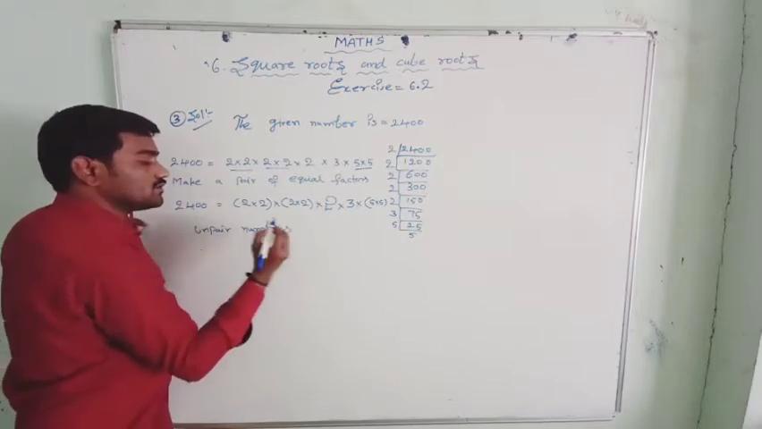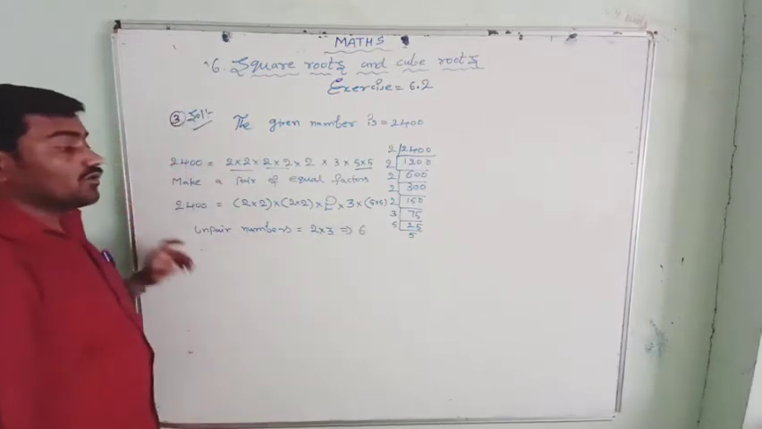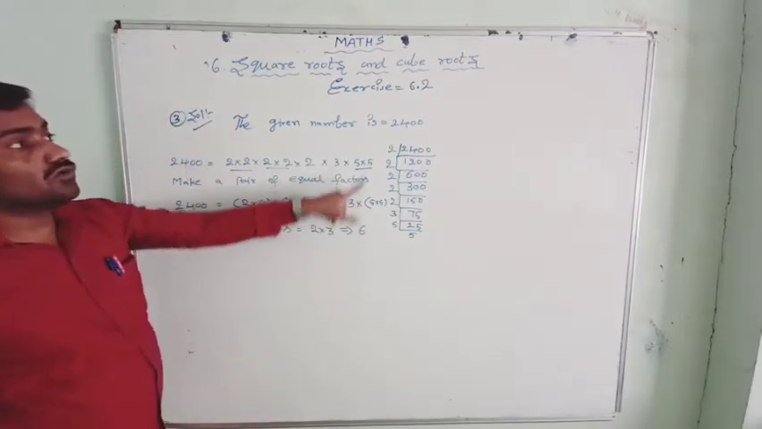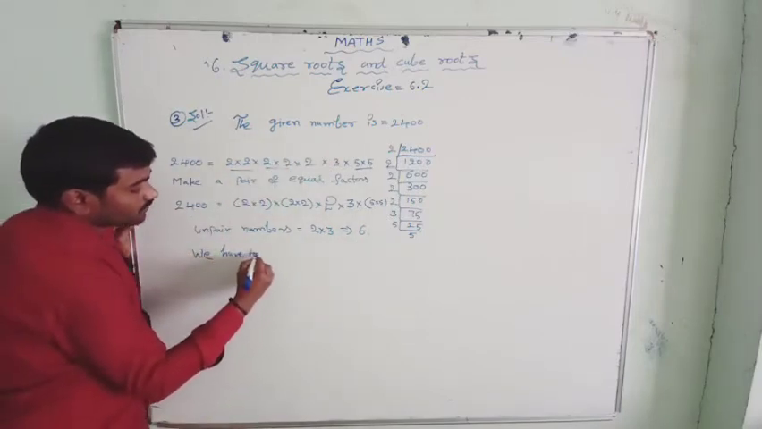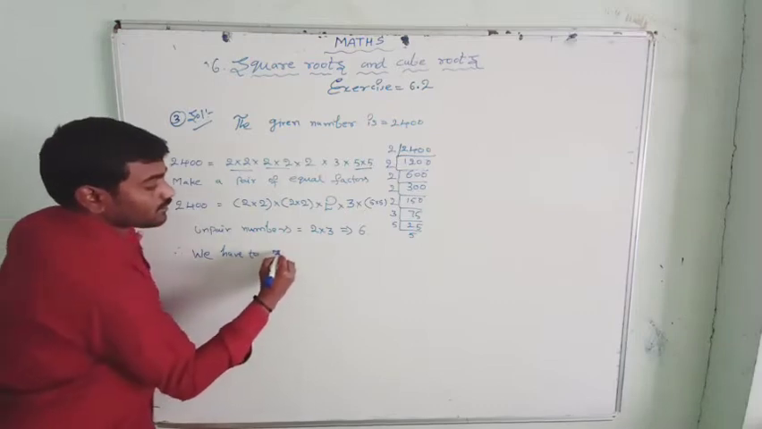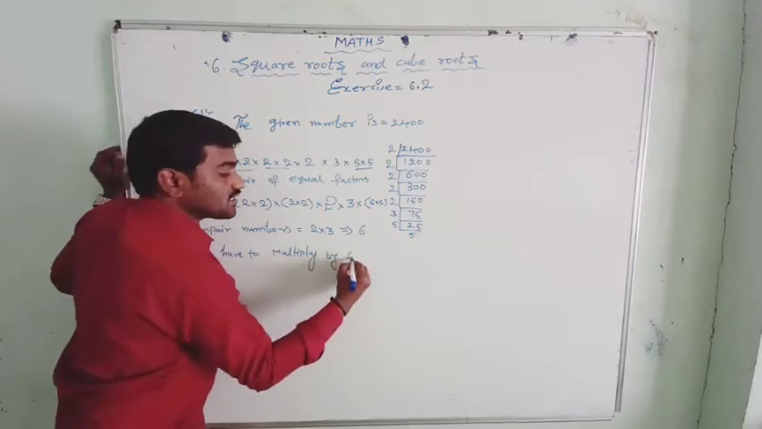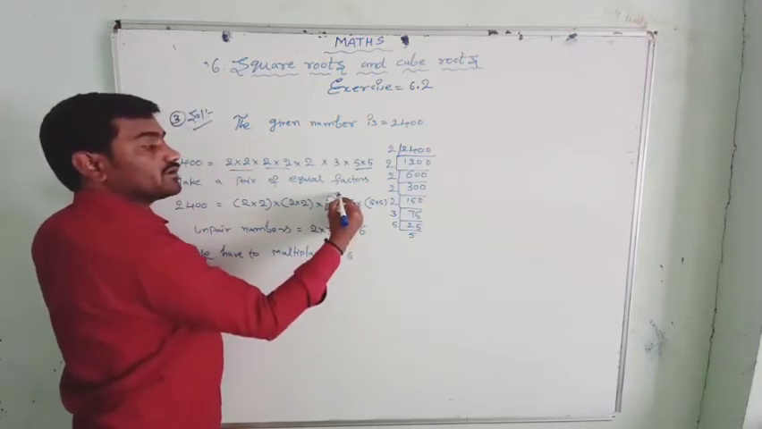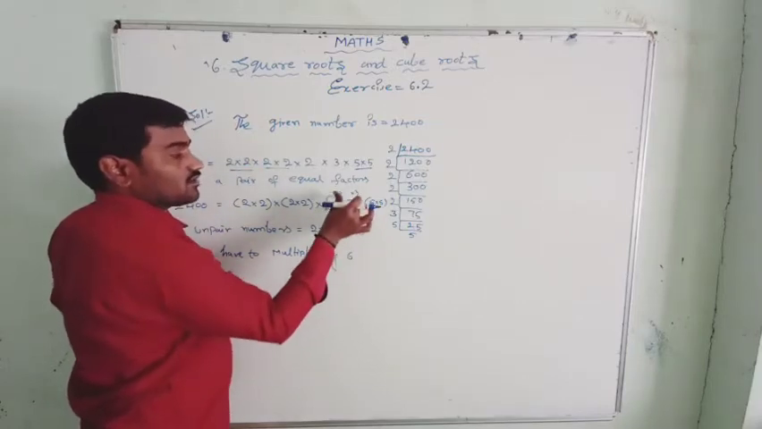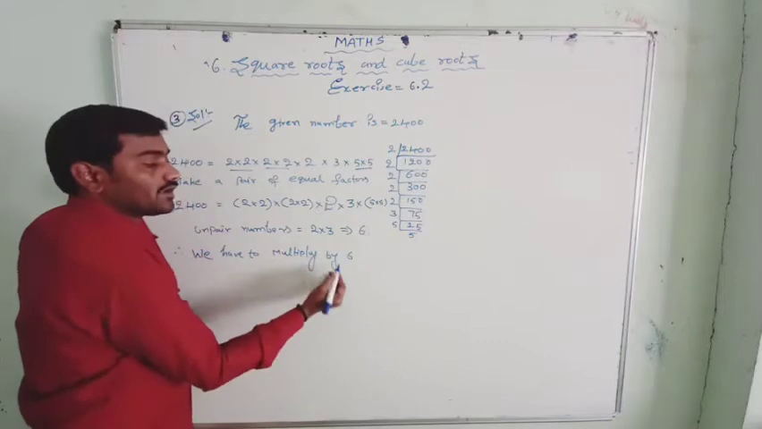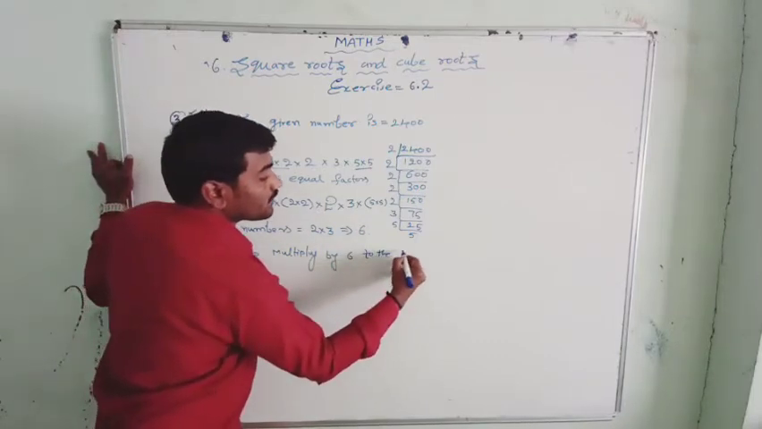The unpaired numbers are 2 and 3, which multiply to 6. So we have to multiply by 6. We have to make it a pair: 2 into 3. With the 2 and 3 we have to multiply so that we get a perfect square. Multiplying 2 and 3 gives us 6, so we have to multiply the given number by 6